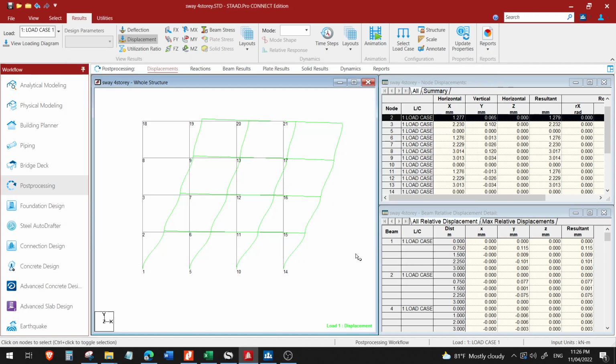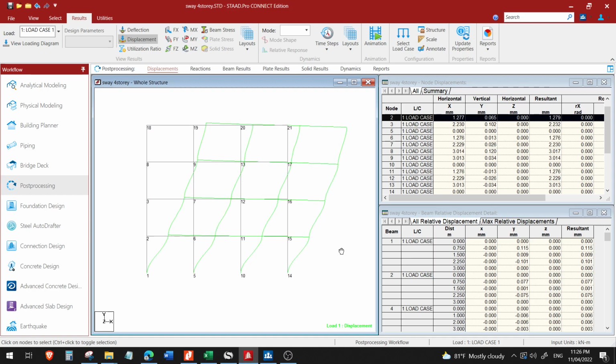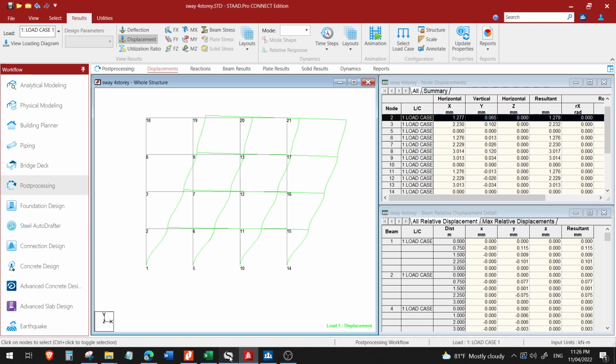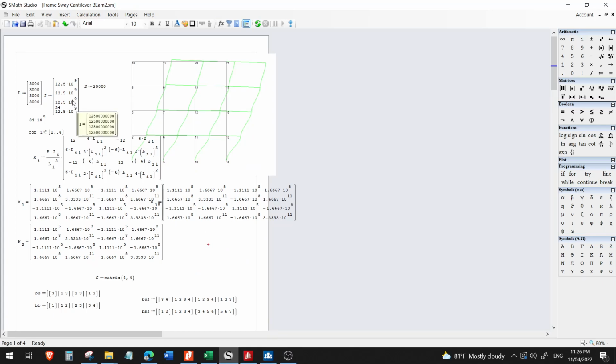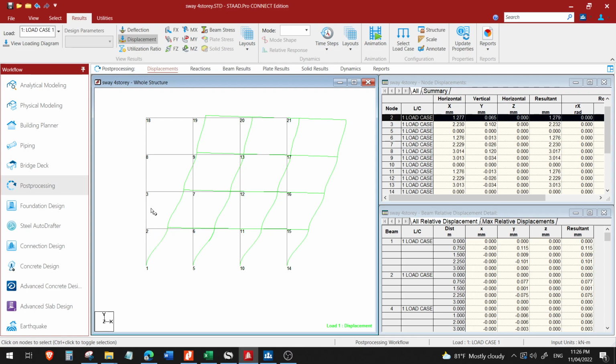Okay, so in this lecture, you will be solving frame analysis, sway analysis of a frame, but you will be using beam matrix formulation. So, for example, this is a 1, 2, 3, 4-story frame building, and these are the